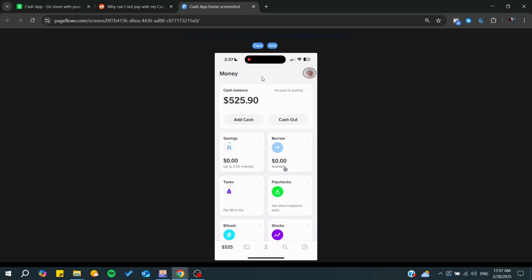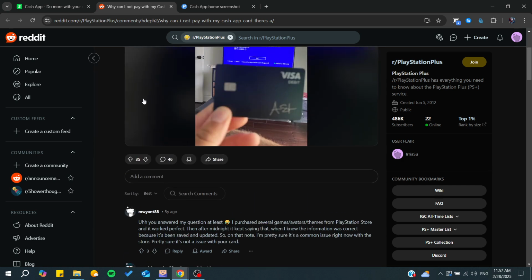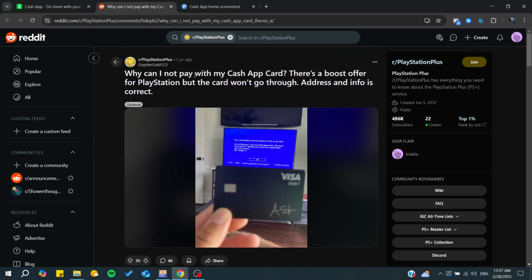If you click on the profile, you will have a menu that will pop up, and from there you will be able to unblock or block this person. So basically, if you have blocked PlayStation by mistake, you will just need to unblock it so you can start having your purchases. And as you can see, you can freely make purchases using the Cash App card